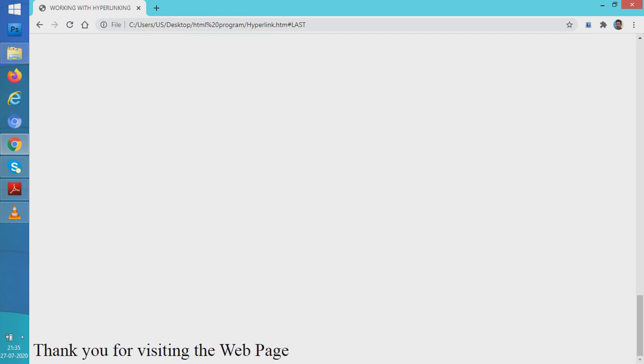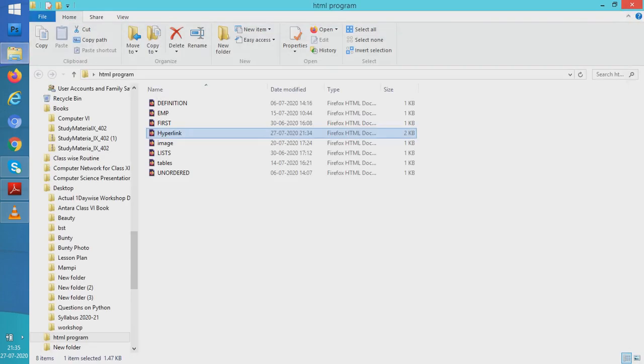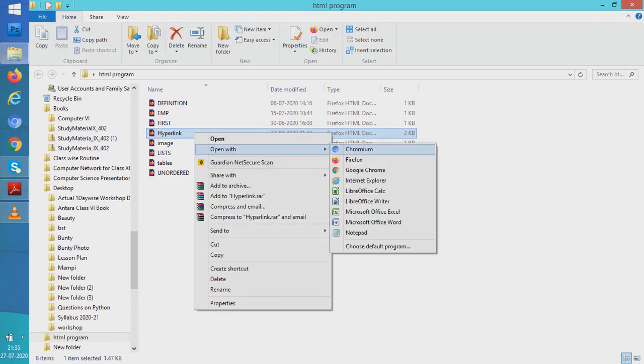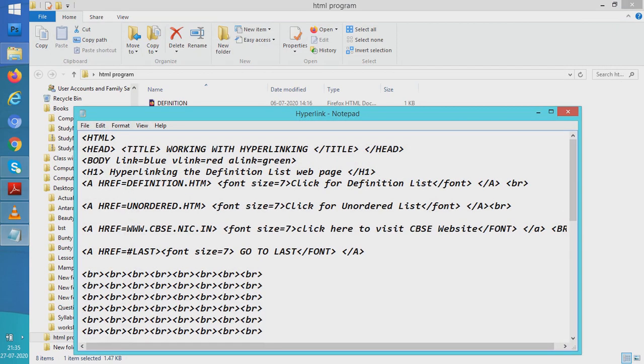Now one more thing, students, I will say one more thing here. There is a way to even open the email page, that is using hyperlinking. You can directly open a page which would help to send emails. Now how is that done? Suppose I want to send emails. So here I'll come, I will go to Notepad and I will write one more statement here, but this statement would look like this.